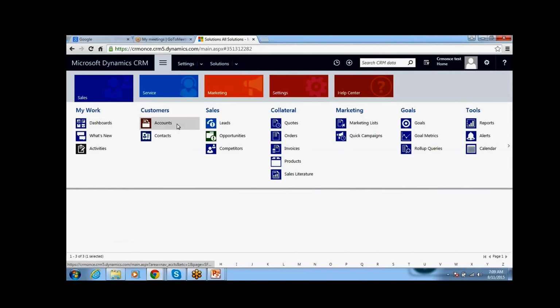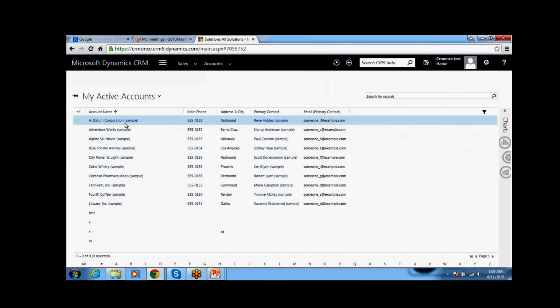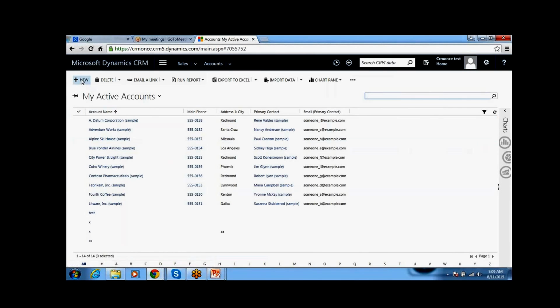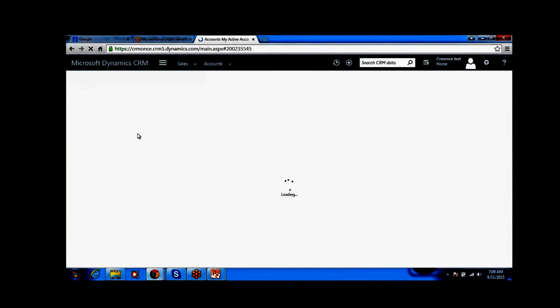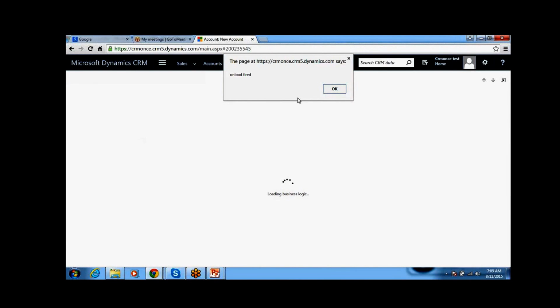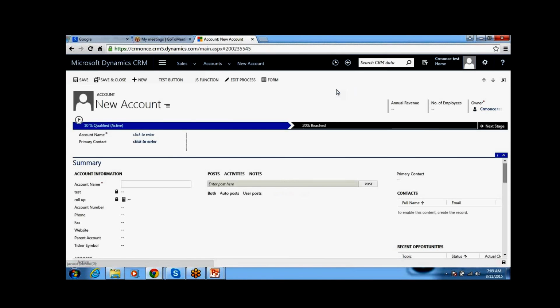So now we can create one account, and the contact will be created. The account name should contain the SSC.